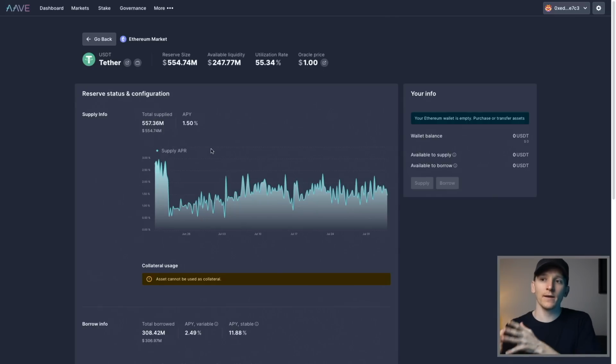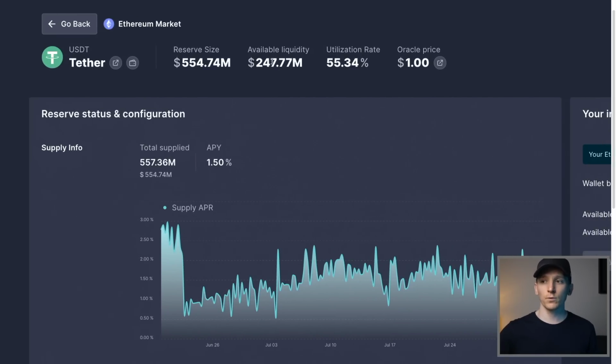You can come down to any single asset. We've got a US dollar tether right here, and you can see the available liquidity, 250 million, but the utilization rate is actually quite low. 55% of the collateral is being borrowed right now. This is typically very low. So what this tells me is that crypto's in a risk-off environment right now. Not many people want to borrow dollars to go and speculate on other projects. Therefore, because this utilization rate is low, the interest rate will probably be quite low because they don't need to incentivize people to put more money into the platform.